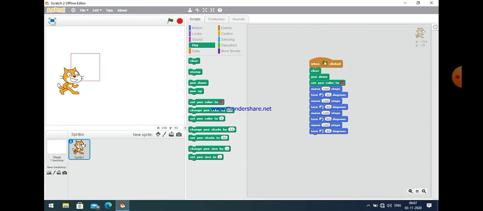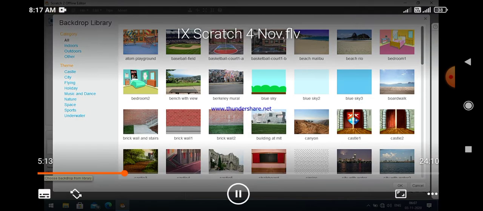Then you can easily make a rectangle here. Now I think it is clear to all of you. Okay, you can change the background also by selecting one of these.